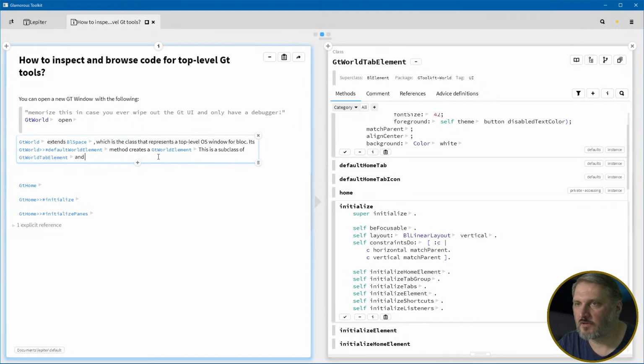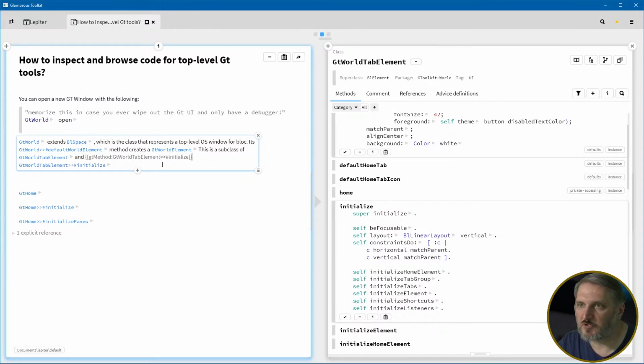And not really sure what that abstraction is for, but GT world tab element, oops, sorry, I want to say GT method initialize, capital E here,